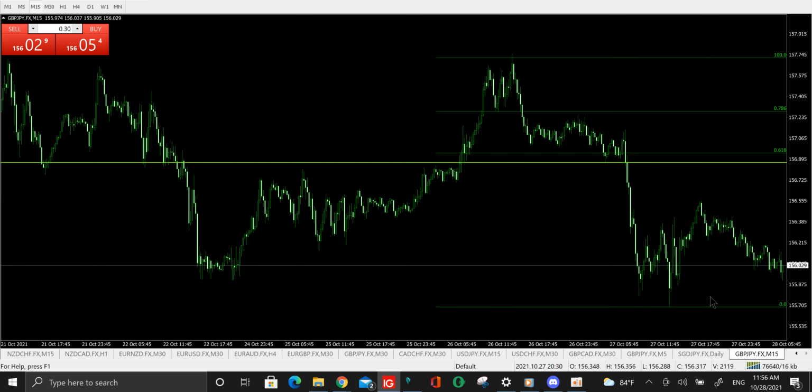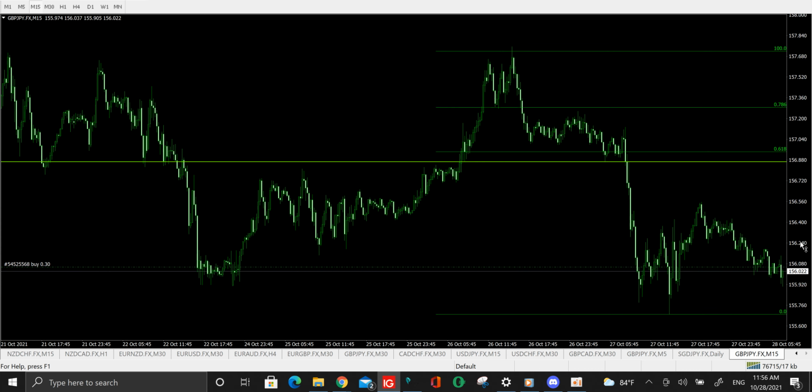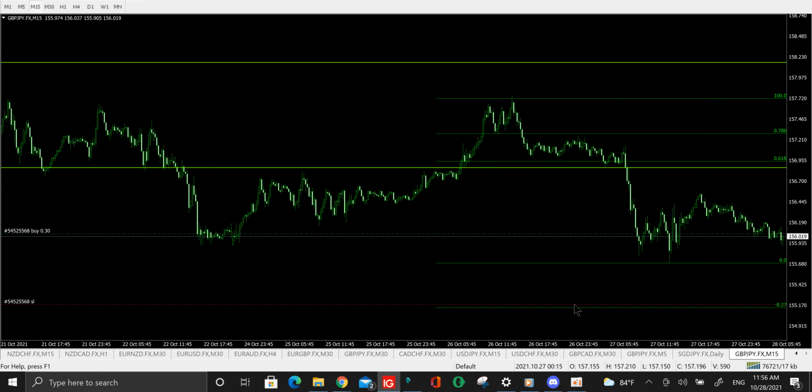I want to buy it from here, but I need a stop loss. So my buy would be right here. Simple as that, right? And my stop loss is going to be farther below. This is just a rough move. It's not necessarily what I believe is going to happen, but it's not that far. I'm definitely going to scale this up as price continues to go up, but my bare minimum for my stop loss is going to be right there.